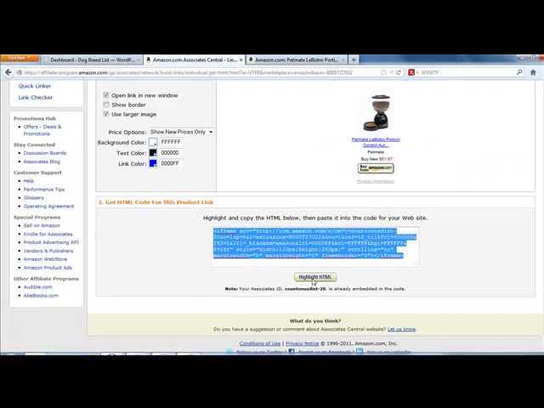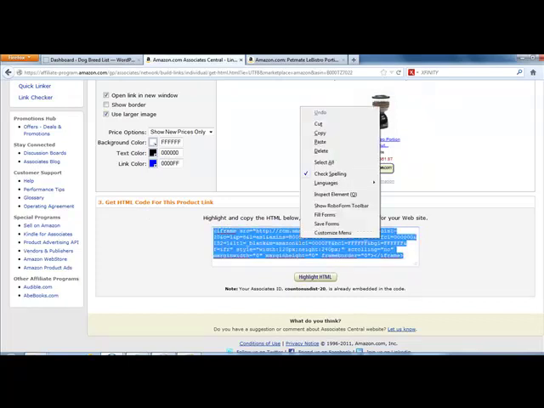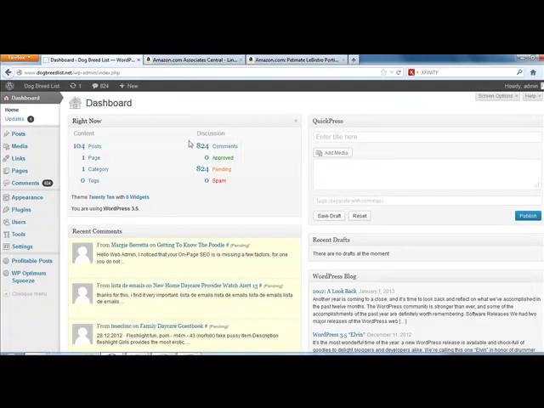So all you're going to do here, just click on the highlight HTML button, or you could go in here, highlight it all with your mouse by clicking and dragging. And then you can right click and choose copy. So again, just choose right click and copy, and you're just going to have this code copied. So what we're going to first do is take this code, and put a product within